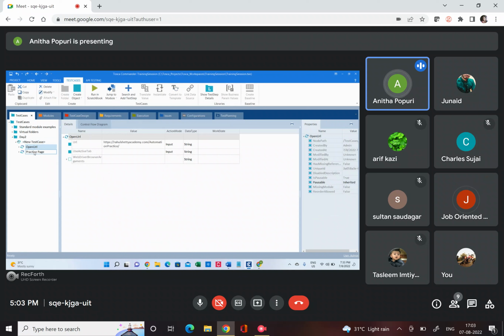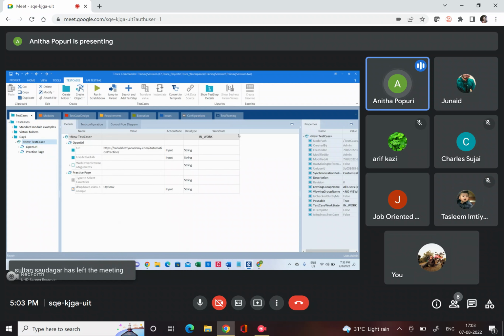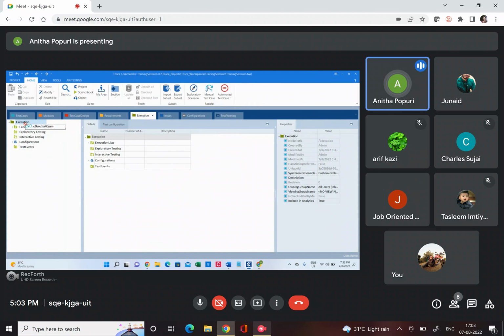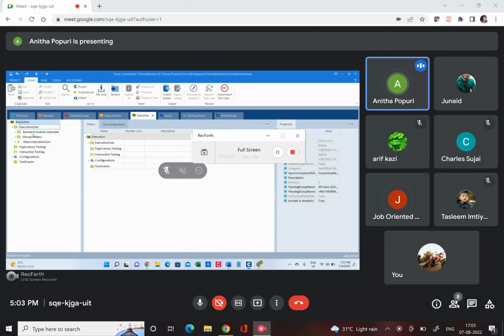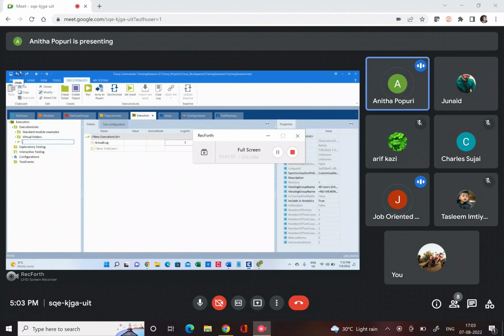When our test cases are not completely developed, and if you want to test our test case steps part by part, in that case, you can use run in Scratchbook. Once we feel it's completely developed, then I can drag and drop this test case under the execution folder. I can create an execution list, okay? I can give this as execution